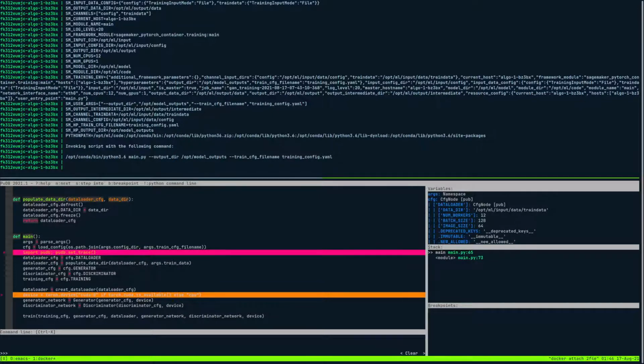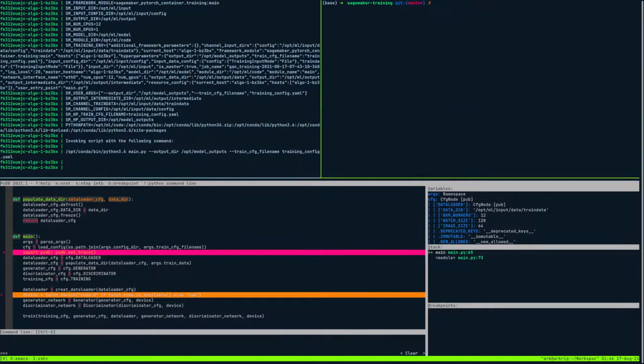So another useful thing that we can do is look into the file system of this Docker container to make sure that the resources that SageMaker has downloaded to this Docker container are where they're supposed to be. So like before, we figure out what the running Docker container ID is,